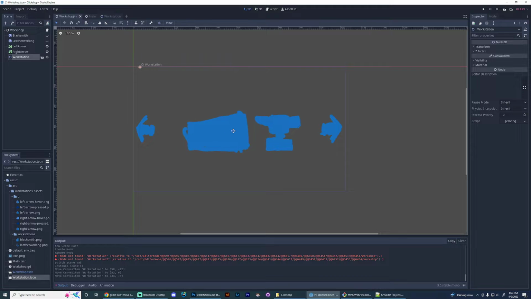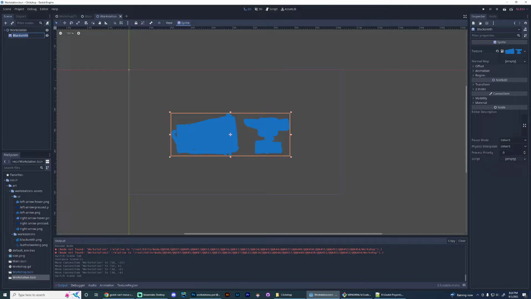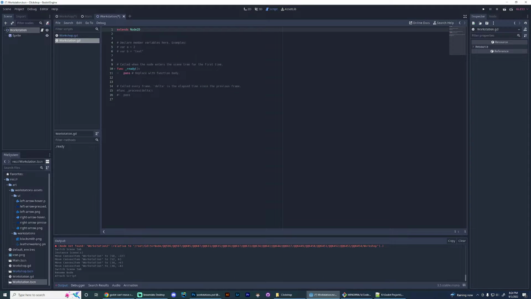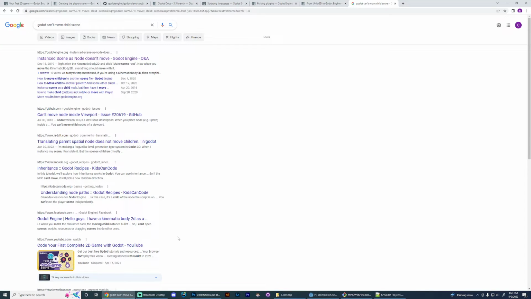So we just needed a Node2D instead of just a generic node. Okay, so now let's go to workstation. Let's add a script to it. Let's rename this to just a generic sprite first. And then let's try adding a script. Okay, that's good. Alright, and now I think it was export var sprite, plus export needs a constant expression assigned to infer type. Okay, so...